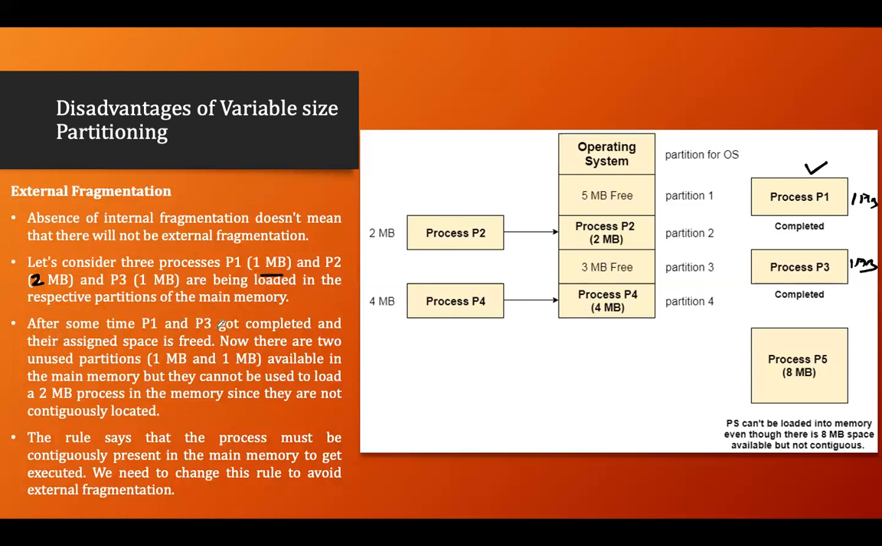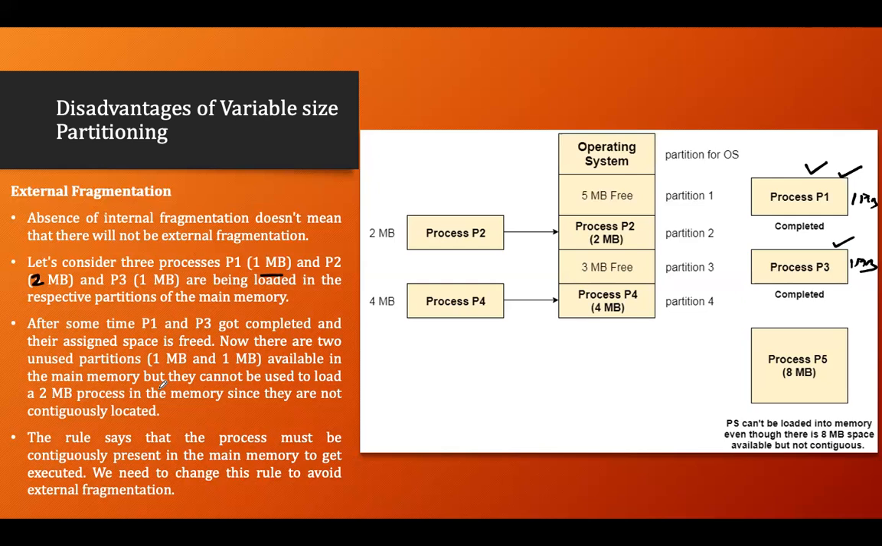After some time, P1 and P3 got completed. Sorry, P1 has completed and P3 has completed, and their assigned space is freed. Now there are two unused partitions, 1 MB and 1 MB,